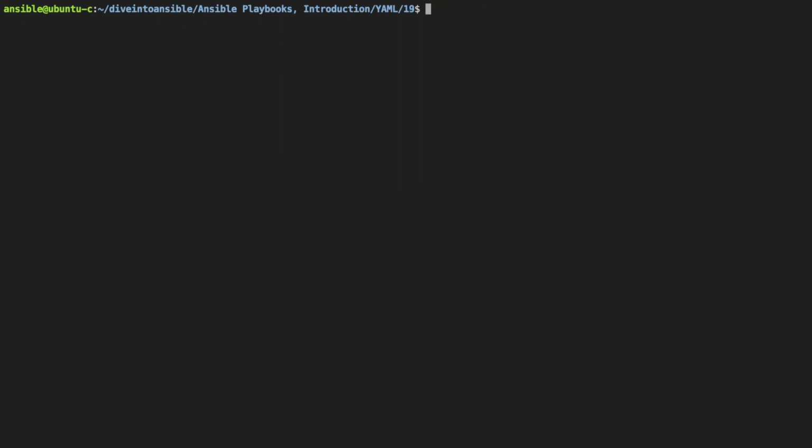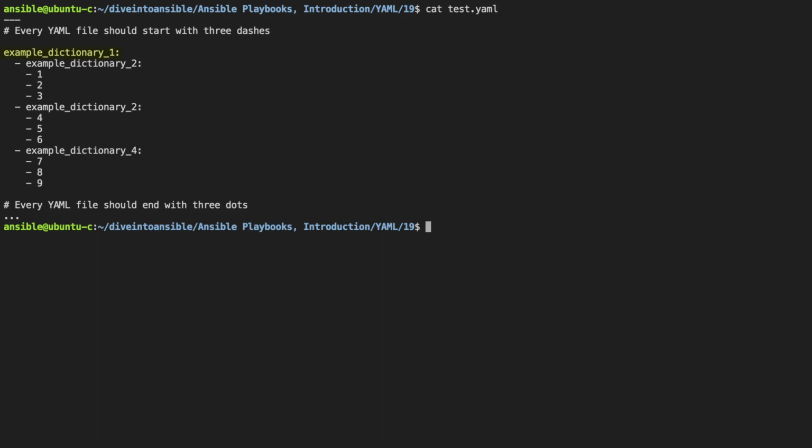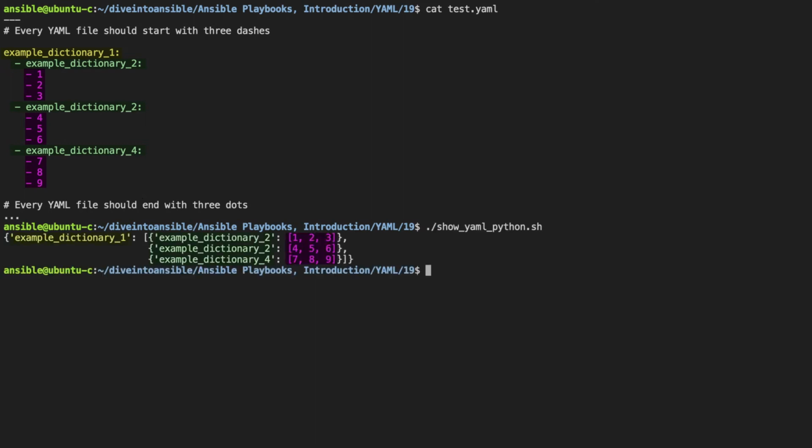The beauty of YAML and the emphasis on YAML being a data-oriented language means we can take these combinations further using the techniques that we've already covered in this lecture. If we take a look at this example, here we have a dictionary consisting of a list of dictionaries, consisting of a list of items. And this translated to Python here, we have the dictionary again consisting of a list of dictionaries which consist of